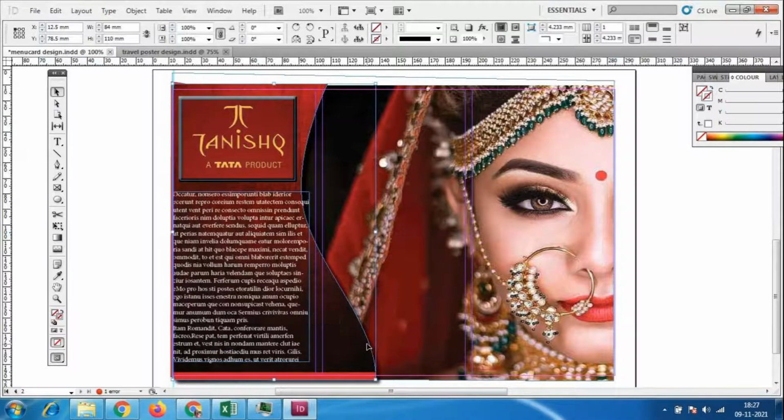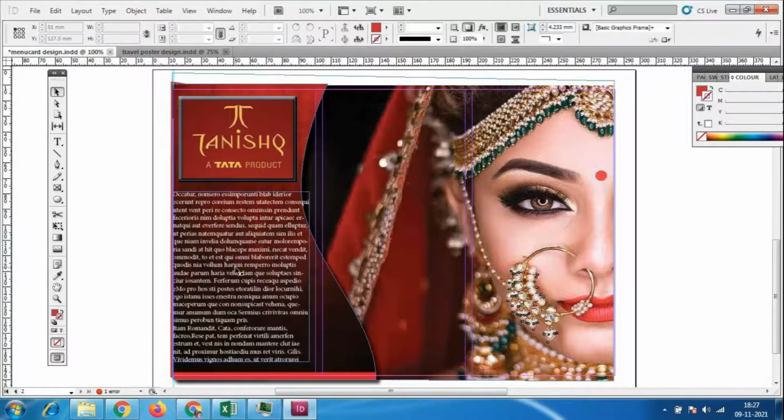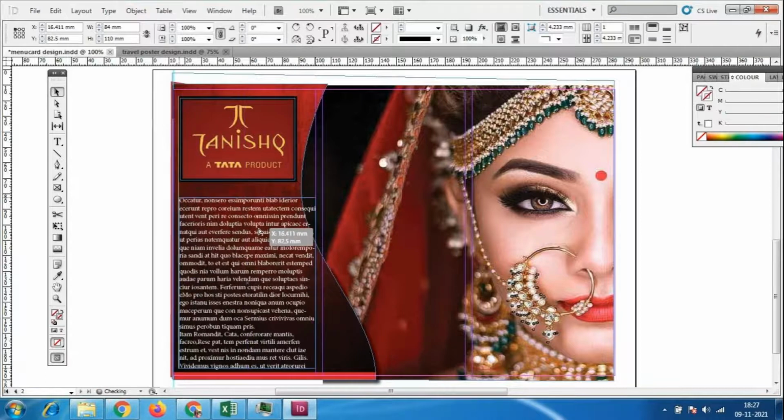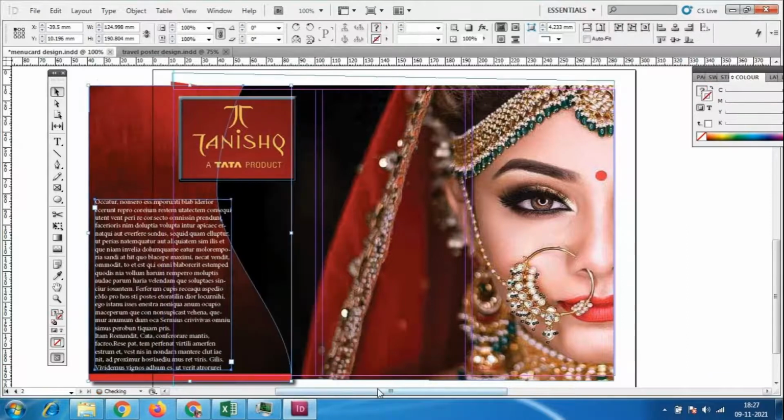Control, right click on this, arrange, bring to front, send to back. Both the things are selected now.